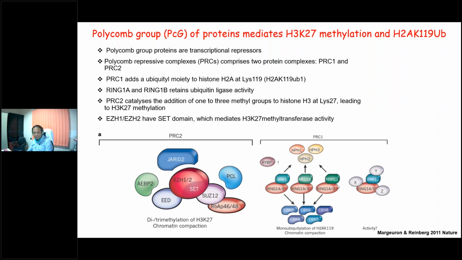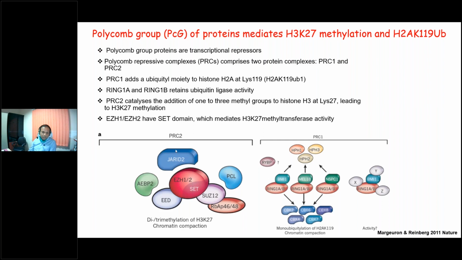Why is it shown here like this? There is a core complex that contains RING1A, B, and BMI1. This is basically responsible for the H2A K119 ubiquitination modification, but the rest of the proteins can participate with this complex, and it all depends on the specificity of the tissue. So basically, these different subunits determine the specificity of the PRC1 activity in a tissue specific manner.